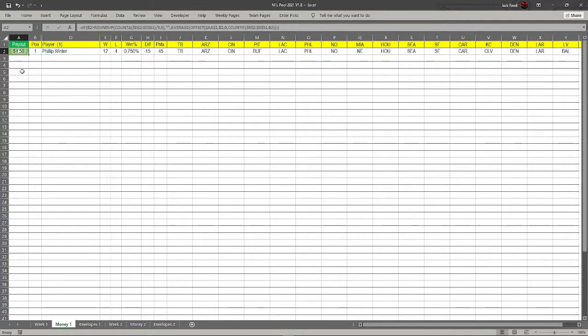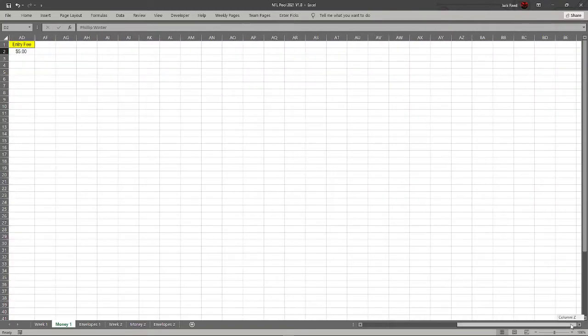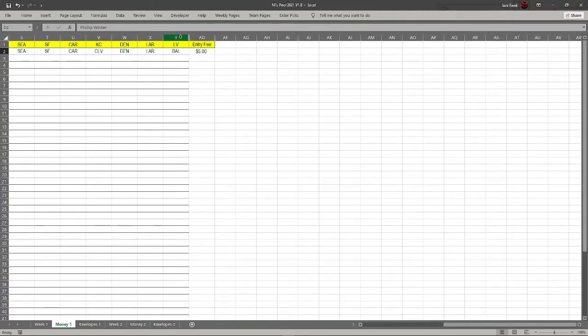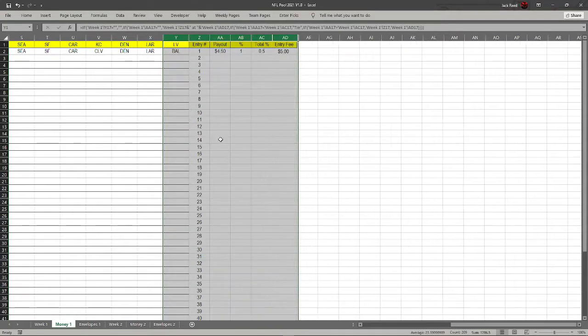So it says how much the payout will be. I do keep 50 cents per entry for ink and paper, so you can do that as you will if you decide to do it. And over here is the formulas